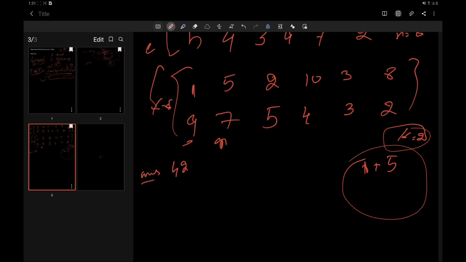Alright, now moving on, as soon as we encounter another element with speed 2, it is greater than the minimum element, so it can be pushed into the queue and one can be taken out of it. So now we have 2, and the sum so far would be 5 plus 2, 7, and 7 into 5 is 35. Still 35 is not greater than the answer, so the answer remains 42. Alright, now moving on to the next. Now we have 10. 10 is also greater than this, so we remove 2 and add 10 as a speed. 10 plus 5 is 15, and 15 into 4 is 60. Now this is greater than the previous value, that is 42, so we replace it.